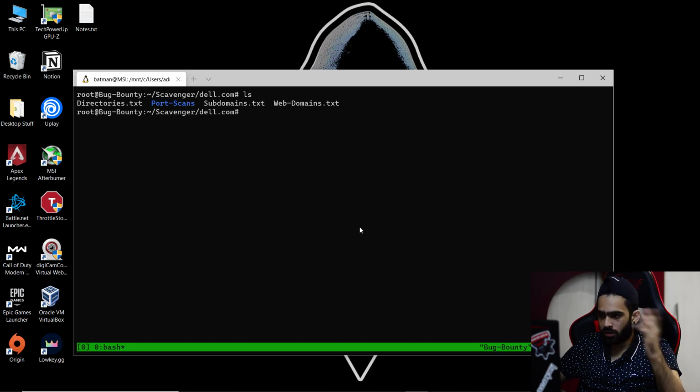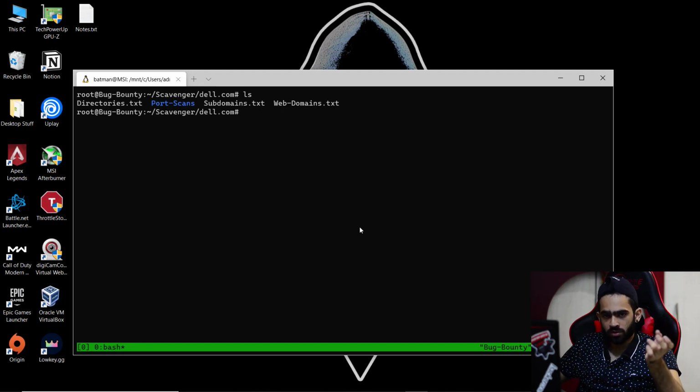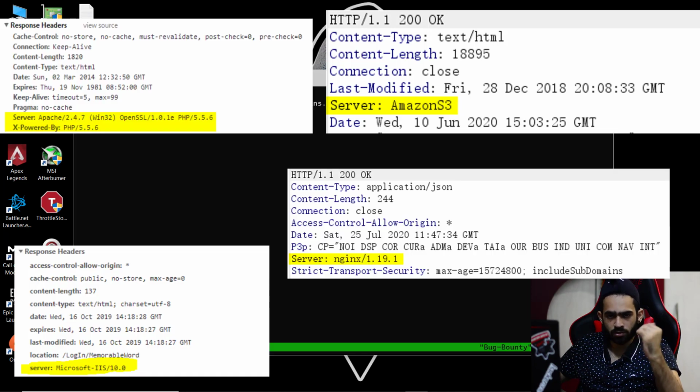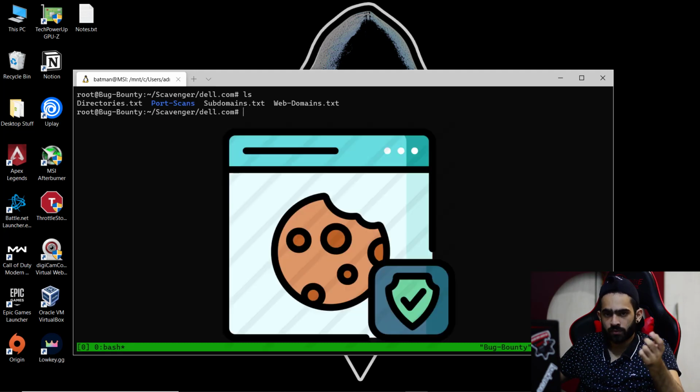It might or might not reveal the exact version of Apache, but most of the time it tells us that the server being used is Apache or maybe Microsoft IIS or whatever it is. That's one thing. The second one is cookies.